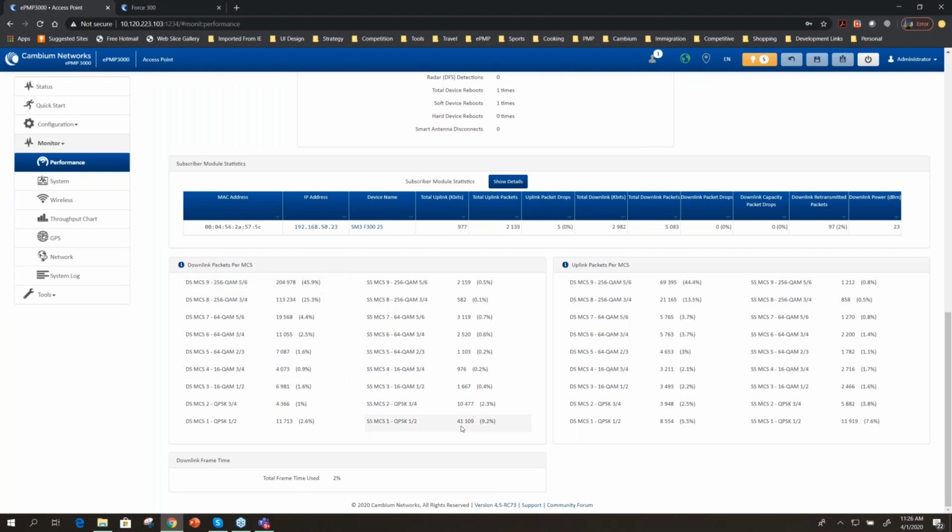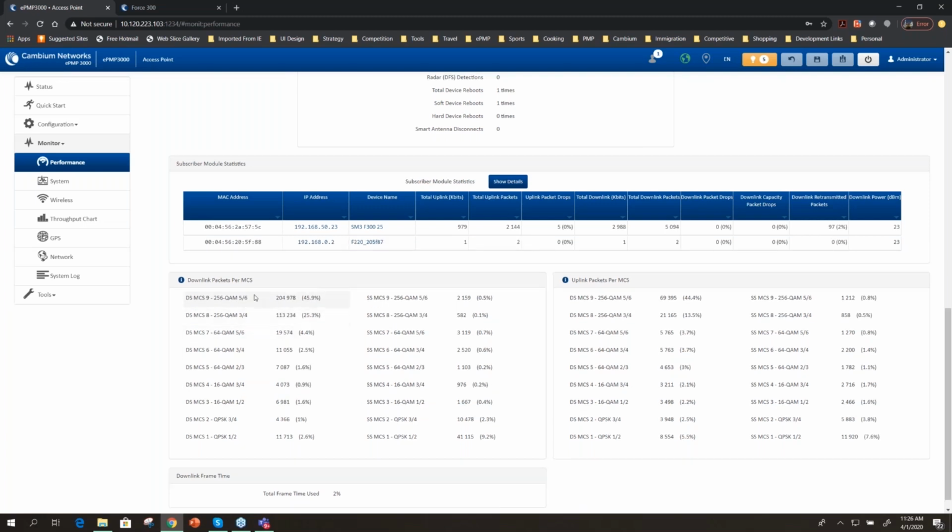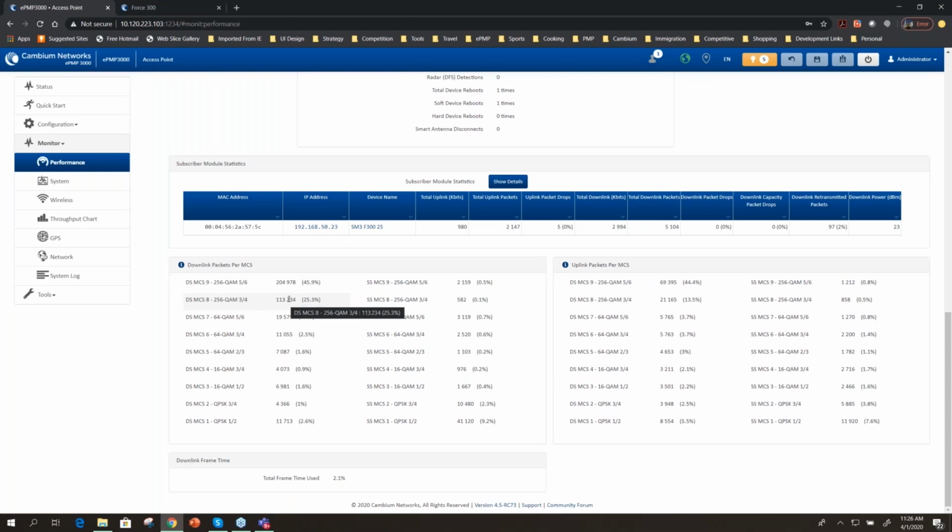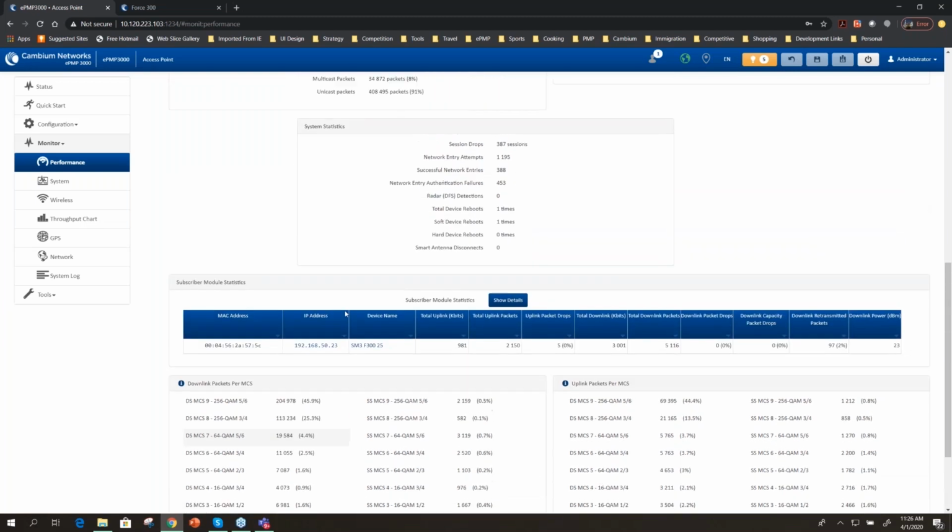As you can see, there's always going to be some small percentage of traffic at different modulation. Our internal algorithm is always trying to send more traffic in the uplink. When you don't have a high percentage in the higher modulation, what that typically means is either your signal levels are not strong enough or the interference level is contributing to the radio not being able to achieve such a high rate. But keeping an eye on the MCS distribution over time is key, and anything you can do to realign, do higher gain, pick a different channel are all things you can do to optimize that network.